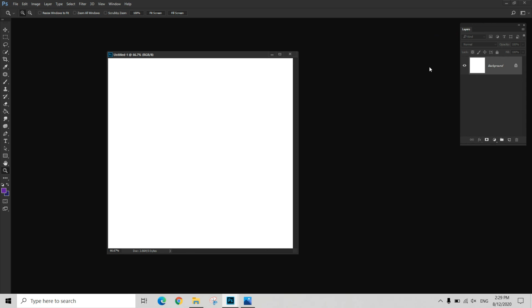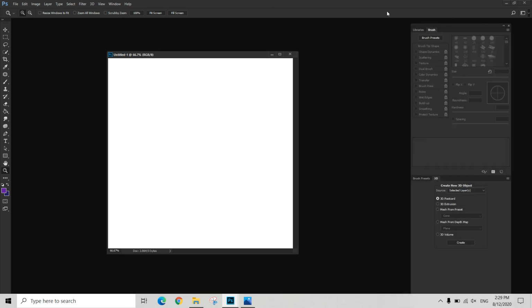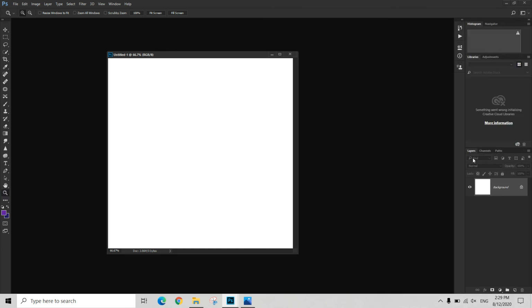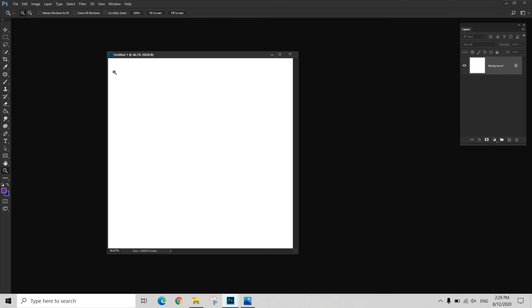Okay, so here there is an arrow. If you click on that arrow, you can see there are some names here, like Essentials, 3D, Graphic and Web, Motion, Painting and Photography. They are the preset workspaces that Photoshop already has. So if you click on each of them, you can see all these menus changing. If I go to Photography, I have new panels and also the tools will be changed here. Okay, so this Essentials, actually you have everything here. You have the complete set of tools and you have most of the panels here on the right side,